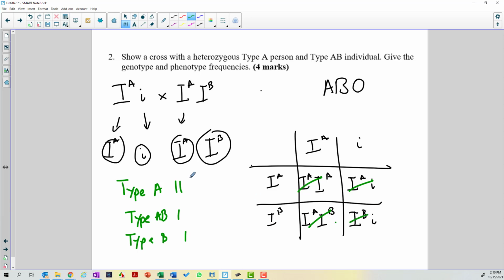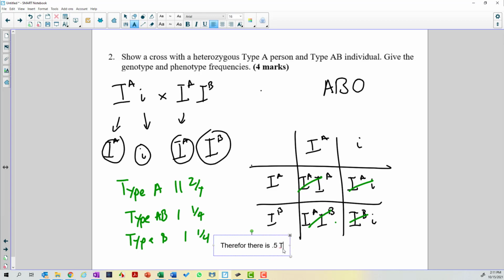One of those. So my answer is going to be 2 out of 4, 1 out of 4, and 1 out of 4. So when you give me an answer to this question, what you should do is you should tell me, therefore, there is 50% type A, 25% type AB, and 25% type B. You'll notice I'm doing it in